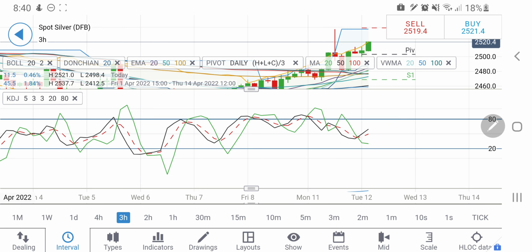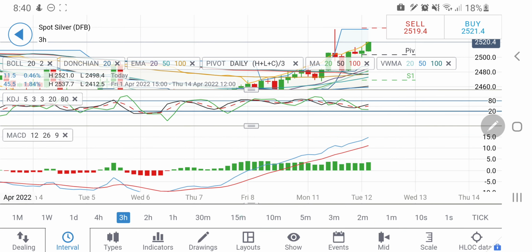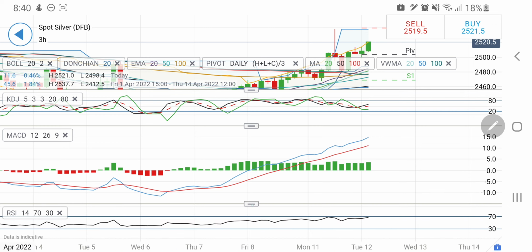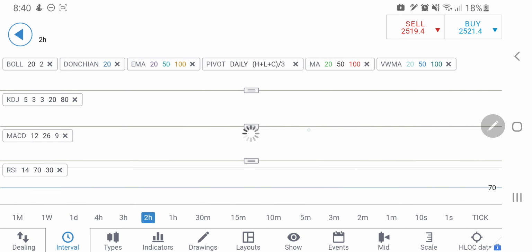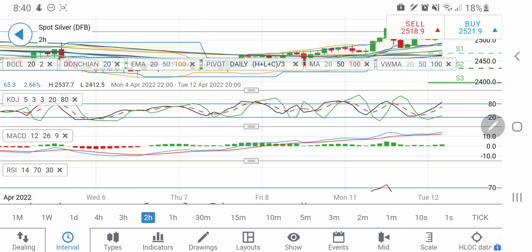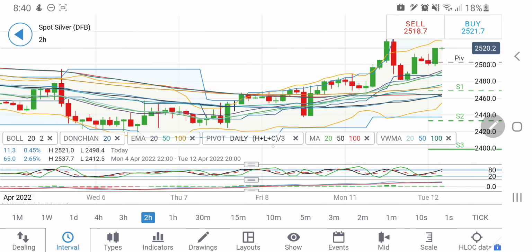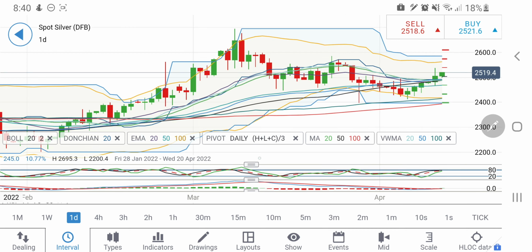Now stochastic looking upwards from here. MACD lines are wide divergent, indicating strong bullishness here. RSI not showing any signs. Similarly on the 2-hour charts, similar is the story here. But on the 2-hour charts it is a little bit overbought, hence be cautious here. Now coming back to the daily charts.